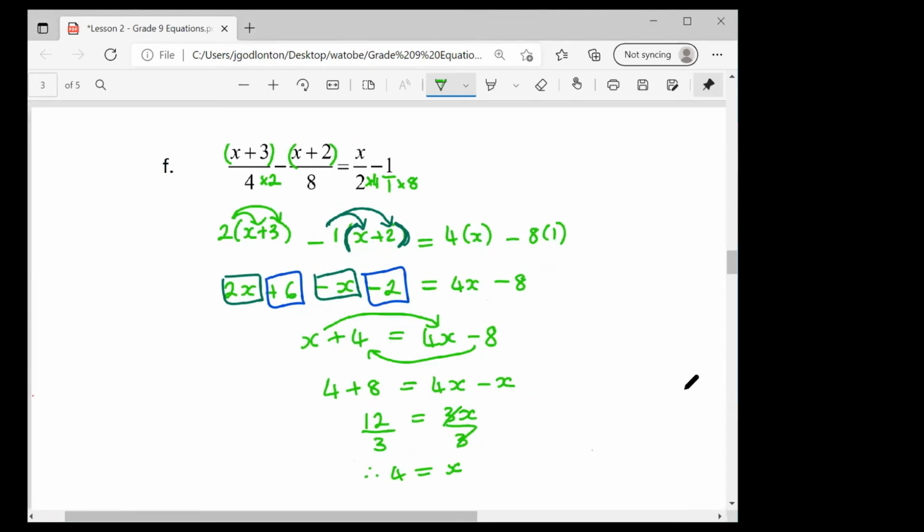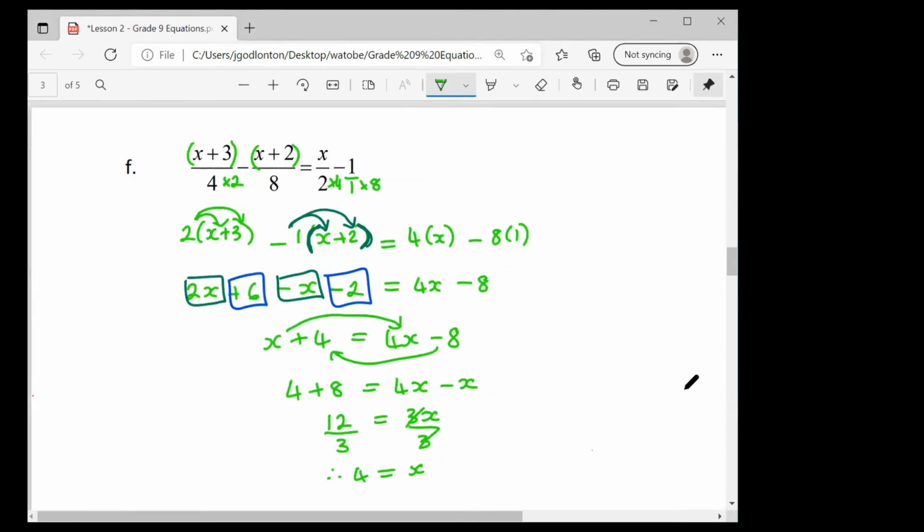Those of you who are not enjoying these questions, first of all, that's normal. These are hard questions. Again, we're deep into the big bad world of grade 9 equations right now. But the most important thing is we just stay consistent. So you just need to find your common denominator, multiply it in, and then we follow the step by step.